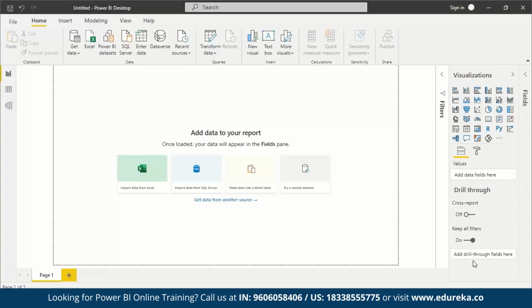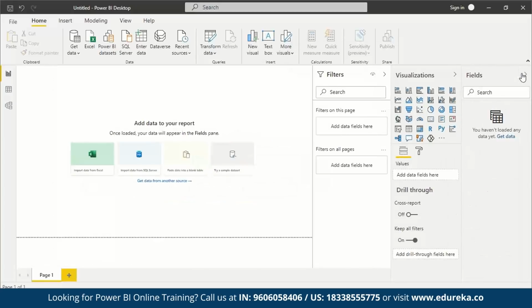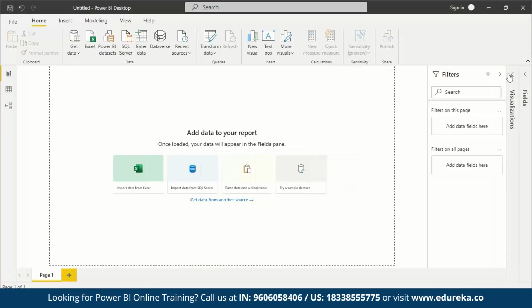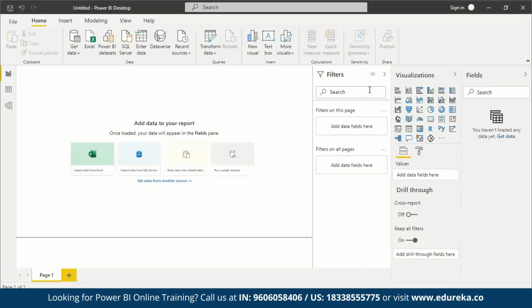So that is done. Now, the interesting part is you have filters, you have visualizations, and you have fields. You can just click on these arrows to hide all of these options. And since we're going to be learning about them, we'll just open them. So the filters will allow you to search any of the data fields that are present here. You can add data fields that are there. And the visualization is the most important part. So fields will just allow you to import the data. If you import the data, all of the data and its tables and the entire content of the data that you've imported will turn up in the fields option. We'll see that when we download the IPL data. And when we import that, you'll be able to see the data here.